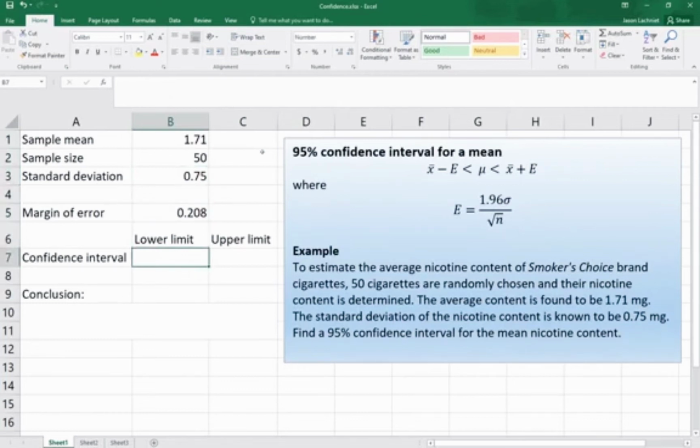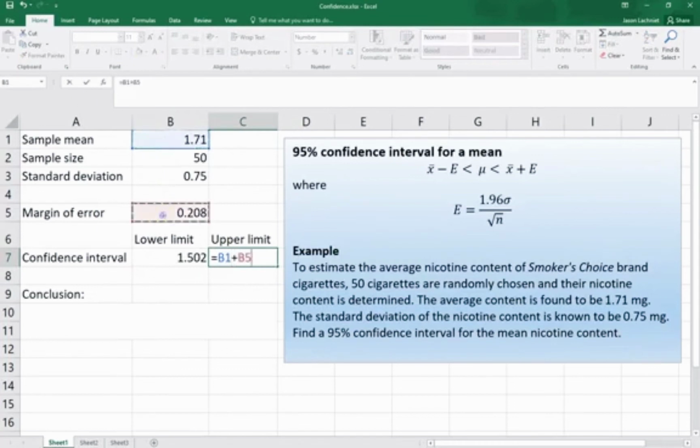Now the actual confidence interval is the sample mean minus the margin of error up to the sample mean plus the margin of error. So I'll enter equals, and we'll click that sample mean here minus the margin of error, and that's the lower limit of our interval. And then for the upper limit, we'll type equal sign, we'll click that sample mean, and add that calculated margin of error. And here I've set these to show 3 decimal places